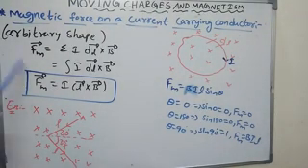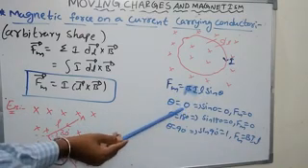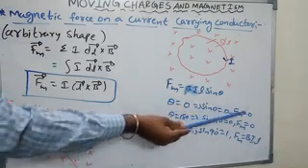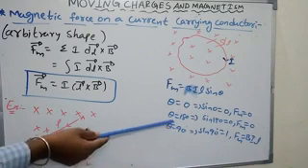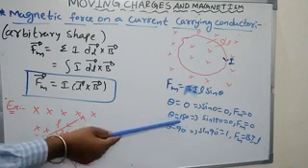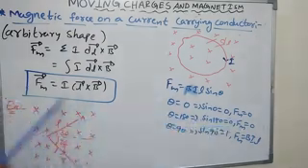Okay, students, we understood now the magnetic force on a current carrying straight conductor. What did we understand? Fm is equal to B I L sin theta. If theta is equal to 0, meaning the angle between the length of the conductor and the magnetic field is 0, sin 0 is 0, then the magnetic force is 0. If the angle between the length of the conductor and the magnetic field is 180, meaning anti-parallel, sin 180 is how much? 0. The magnetic force acting on the conductor is 0.